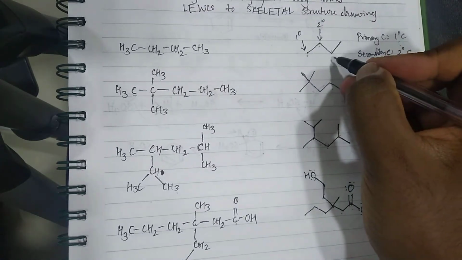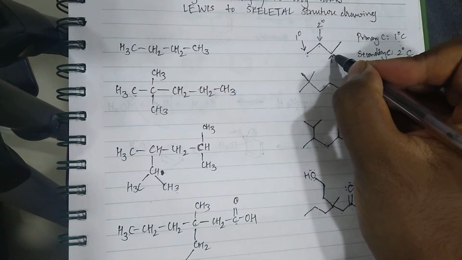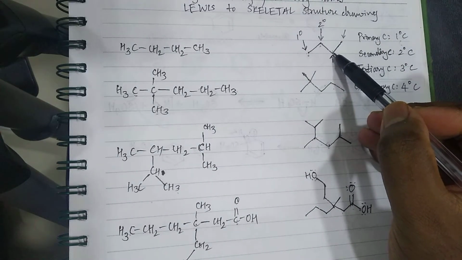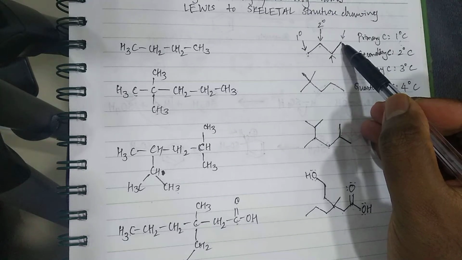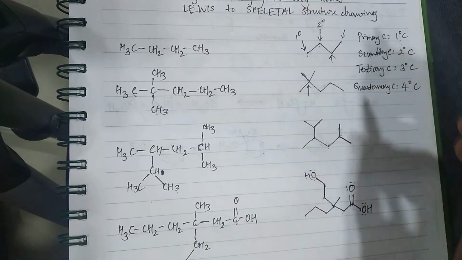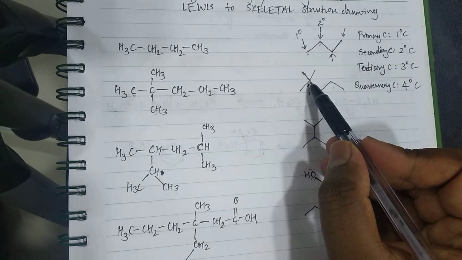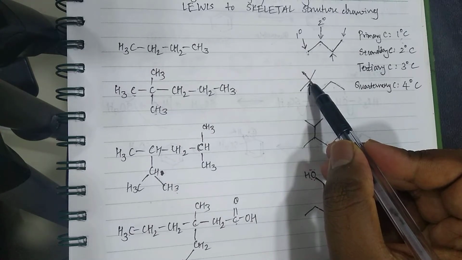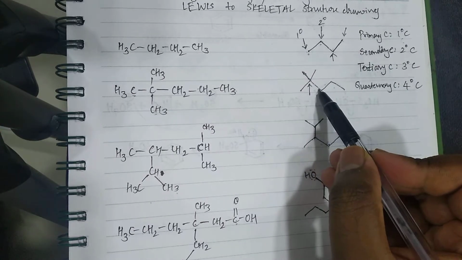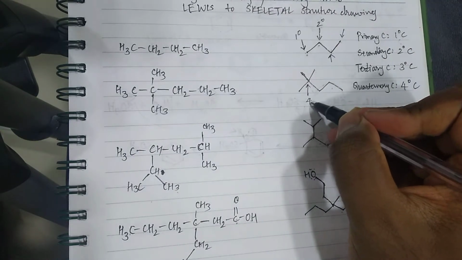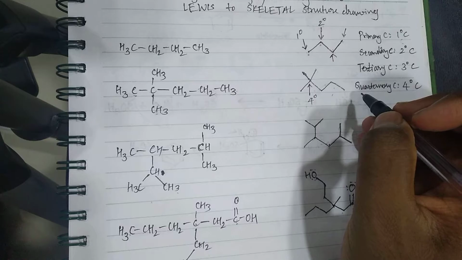So I hope you'll be able to guess the nature of this carbon atom and this carbon atom here. So this is again secondary, this will be primary. Alright, now let's move on. What is the nature of this carbon atom here that I've put an arrow on? Now this carbon, which I am pointing at, is attached to 4 carbon atoms. 1, 2, 3, 4. So it will be called a quaternary carbon atom.